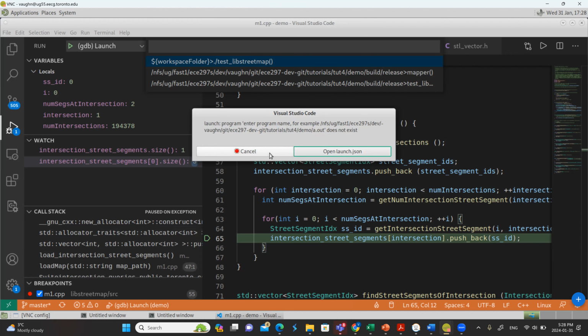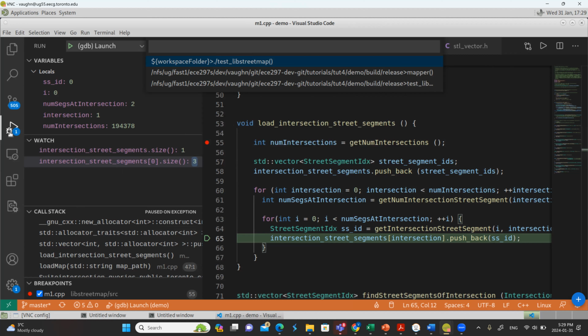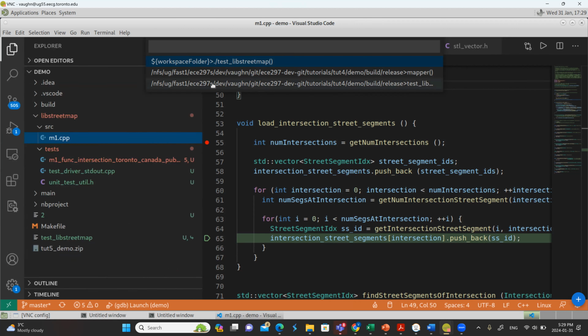Okay, let's get rid of that. Let's see if I can figure out how to stop the debugger.